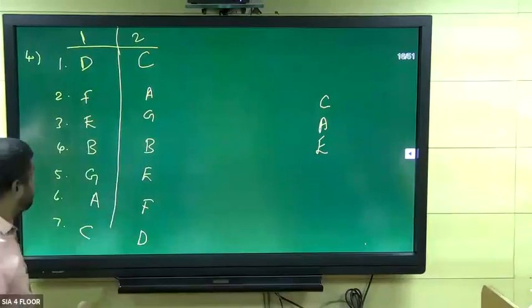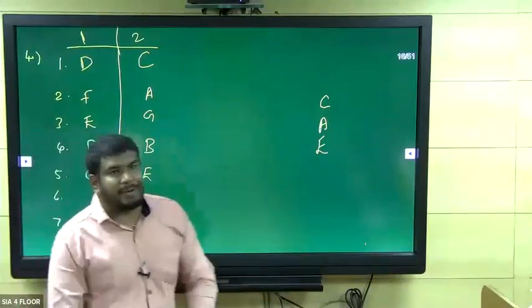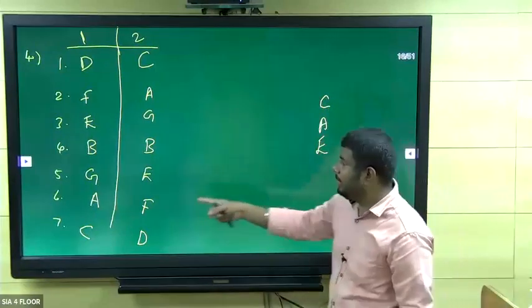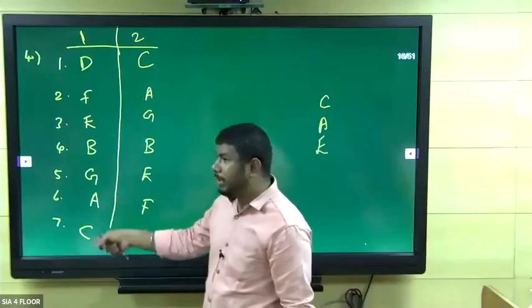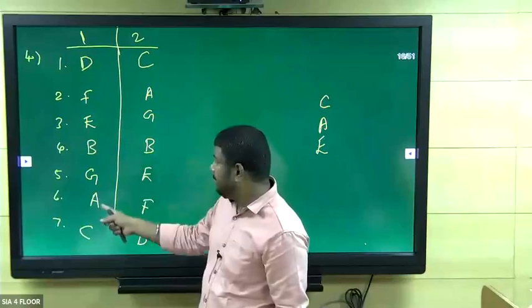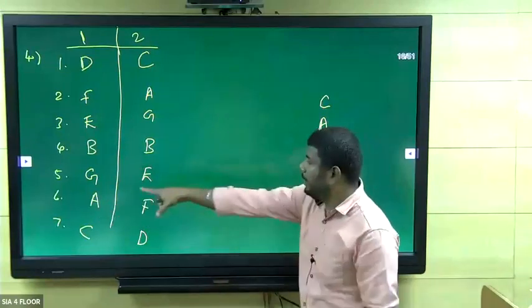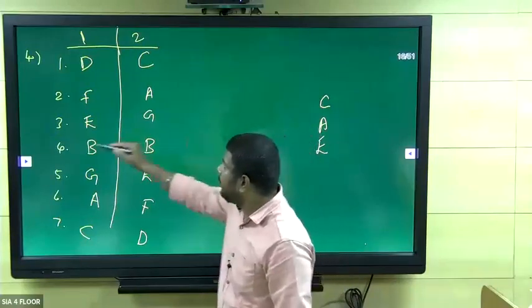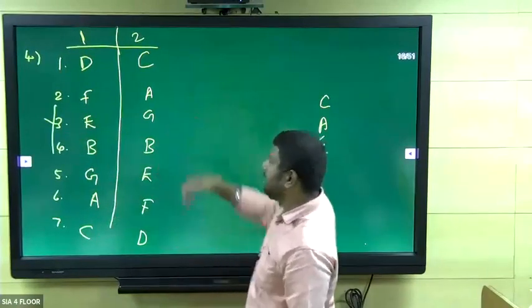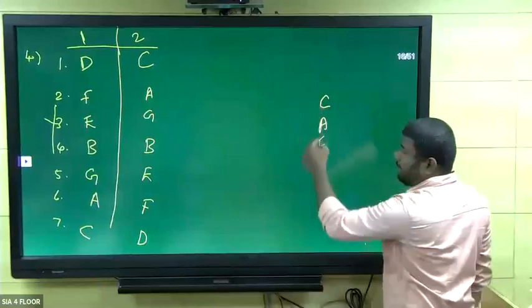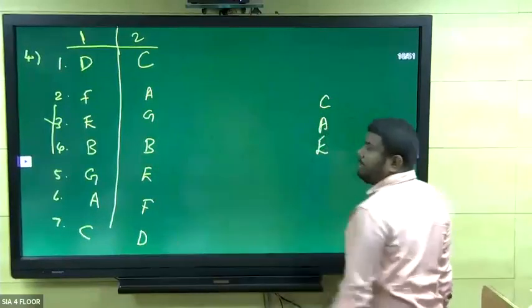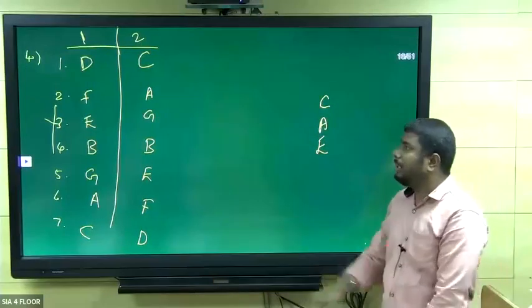Yes, because we know already A is further up than E but lower than C. But according to this, C is lower than A and E is up. I mean, this is just opposite to the given statement, right? So first one is wrong. Okay, see the second one. C and A, E is down. So this shows the proper statement and proper possibility for us. So second one is right.